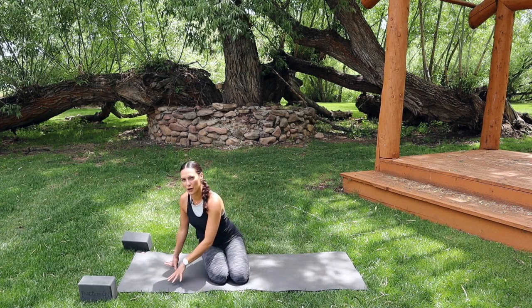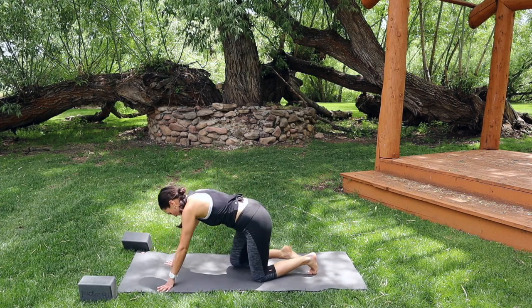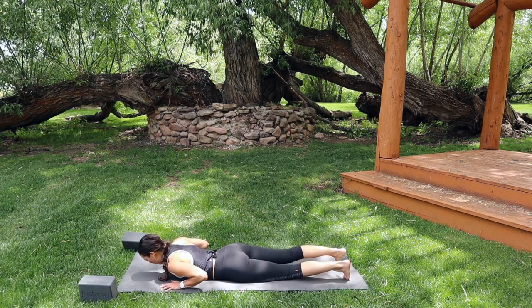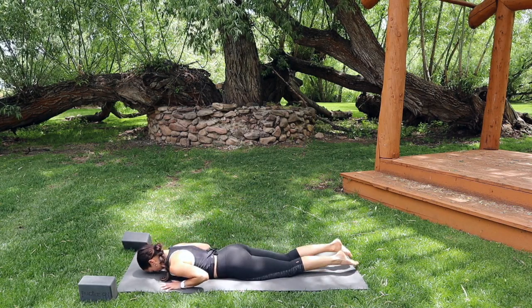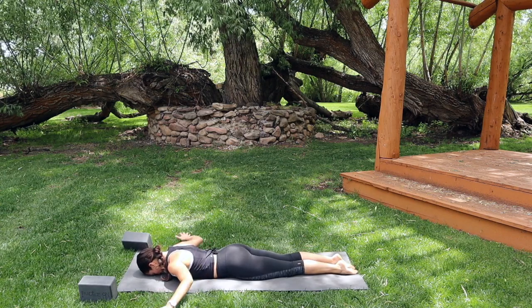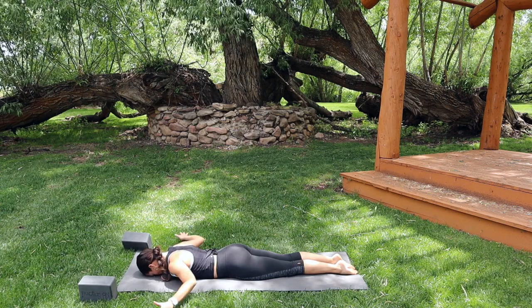We're going to start out on our belly. So just come to lay down on your mat. Belly down, and you're going to bring the forehead to the mat. Untuck the toes so that the tops of the feet press, and then extend the arms long out from your